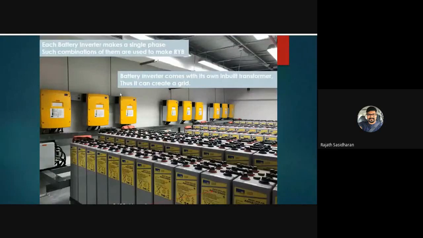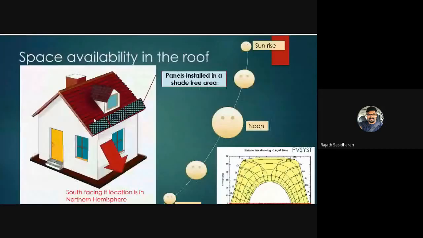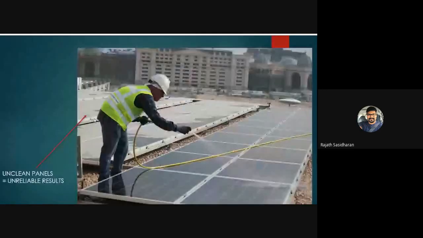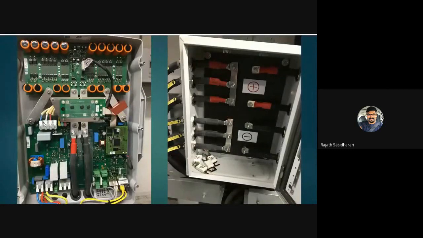Here, when you open this inverter, that's the photo we are going to refer to now. This one is a 200 and 600 ampere hour battery bank at 48 volts. Now you can imagine if you accidentally short circuit this, it is going to create one hell of a problem. So safety first. We make sure that it's not just we, any good engineering company who does the installation of